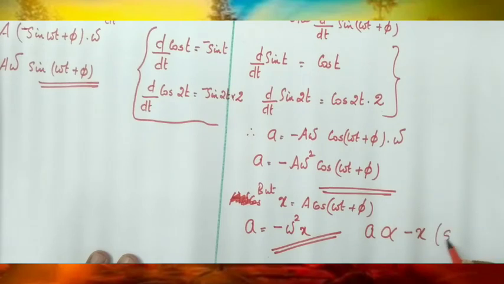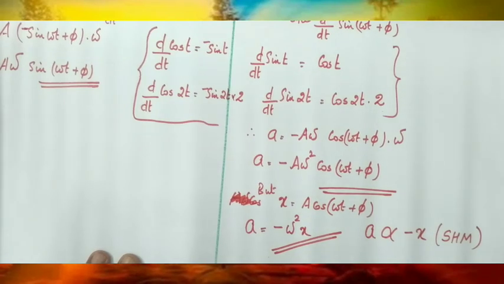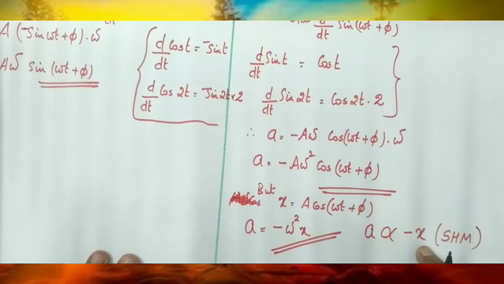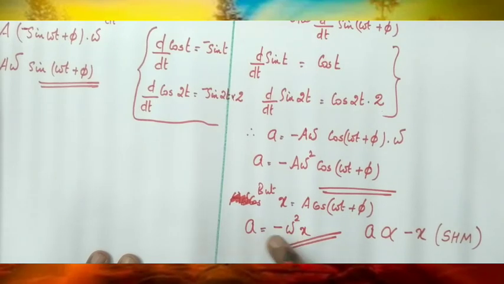So this is another form of simple harmonic motion. For a simple harmonic motion, the restoring force is directly proportional to displacement, or acceleration is also directly proportional to displacement in the opposite direction. Children, so acceleration a equals minus omega square x, or acceleration a is directly proportional to minus x, and here the proportionality constant is omega square.